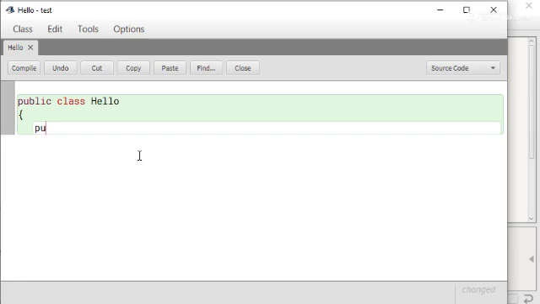First of all, we write public static void main, String args.